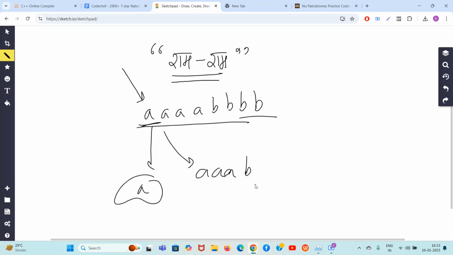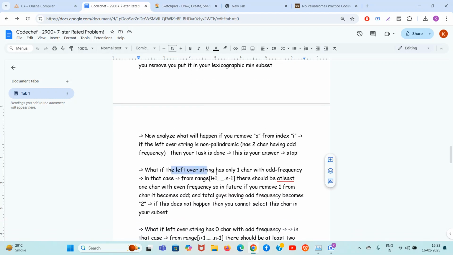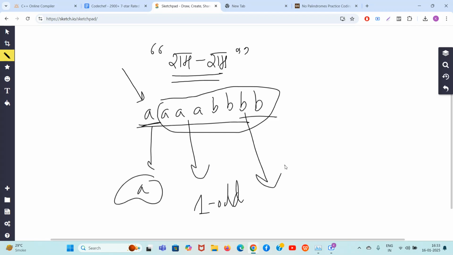So yes, you can remove this A in this case. So you can see here I have written, what if the leftover string has only one character with odd frequency? This is what happened here, right? The leftover string has one character with odd frequency. In that case, if this is I, this range will be from I plus 1 till n minus 1. So the range from I plus 1 to n minus 1 should have at least one character which has an